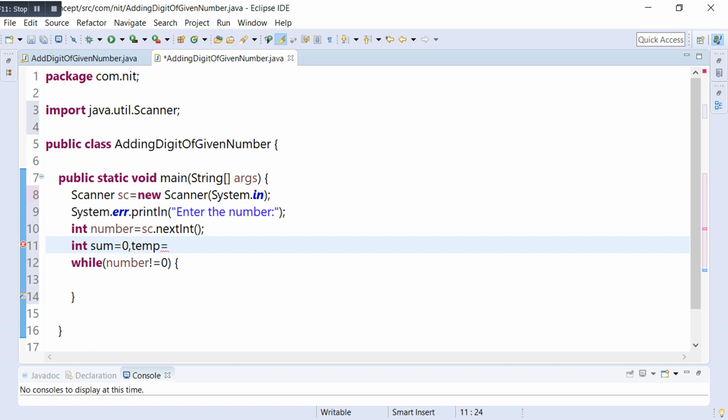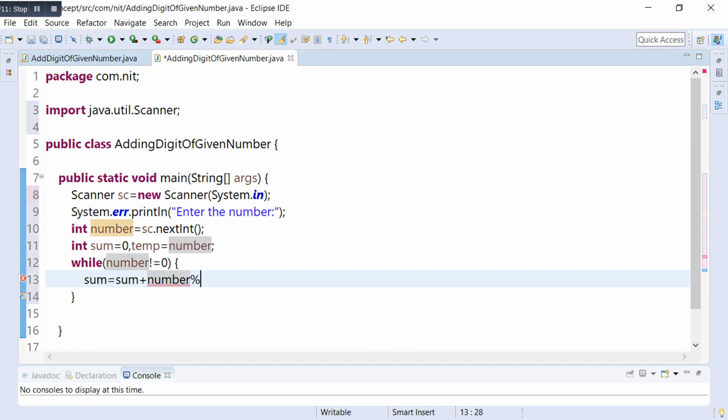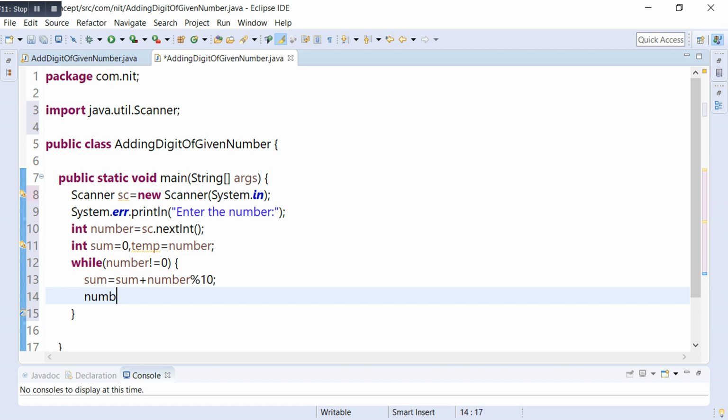Then take sum equal to sum plus number modulo 10, because you have to find the last digit and add it. Then also number equal to number divided by 10, because you have to cut the last digit of the given number.